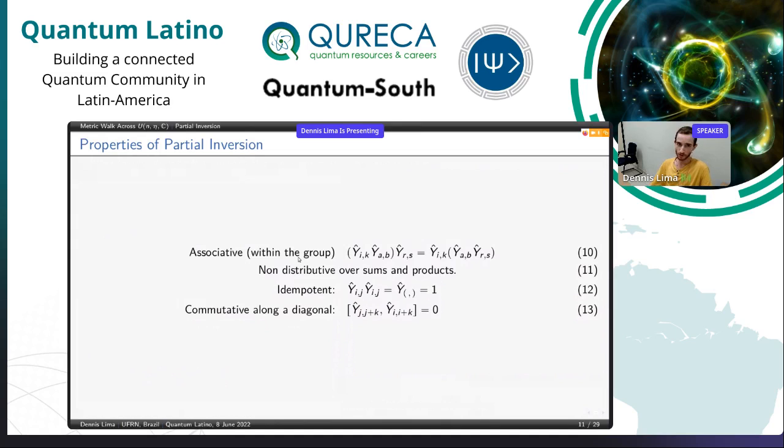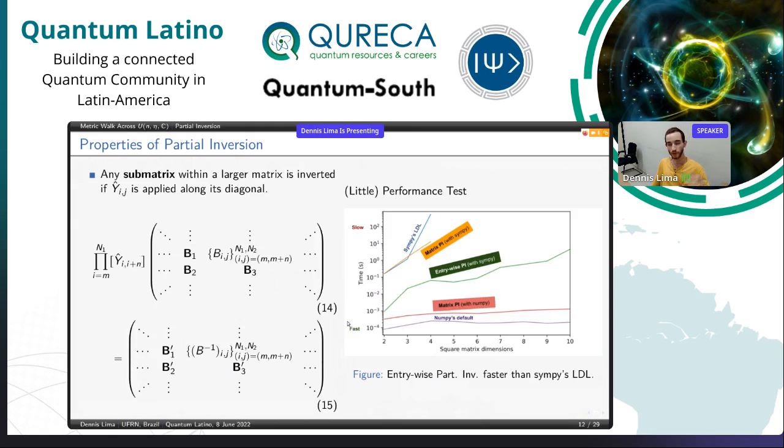And some properties of this group, of course, it's associative, it's idempotent, and it's commutative along a diagonal. We perform inversion on one object, the matrix, and we perform permutation of vector entries at the same time. So it has some properties of